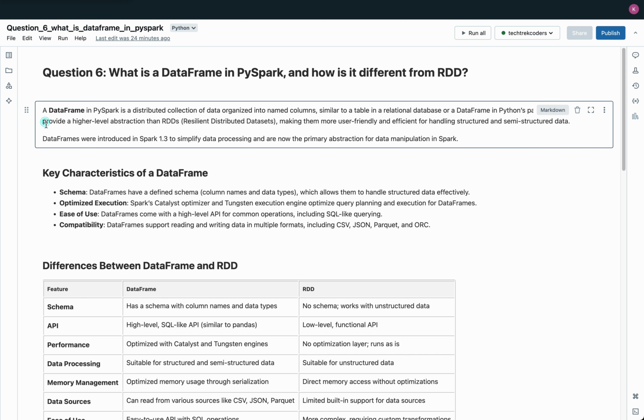Definition: a data frame in PySpark is a distributed collection of data organized into named columns, much like a table in a relational database or a data frame in Python's pandas library. This structure allows you to work with data in a clear, organized way, with each column representing a specific attribute. Data frames offer a simpler, higher level abstraction than RDDs, making them easier and more efficient for processing structured and